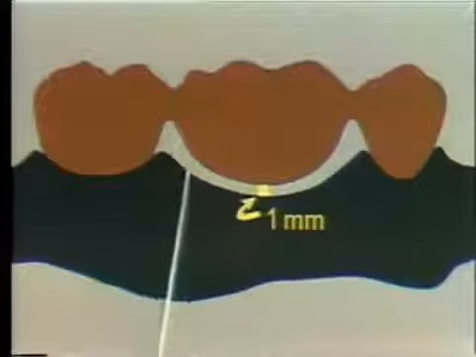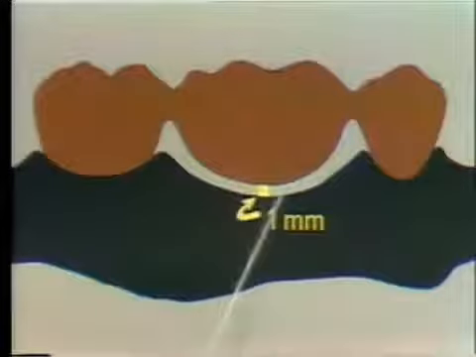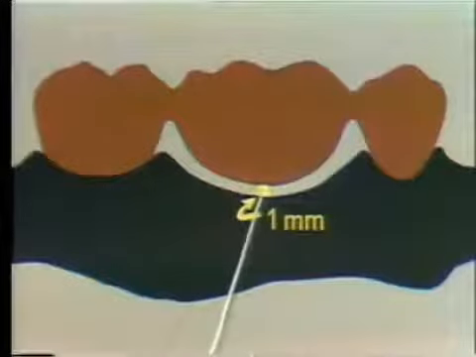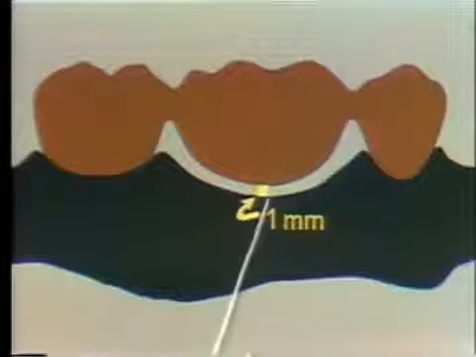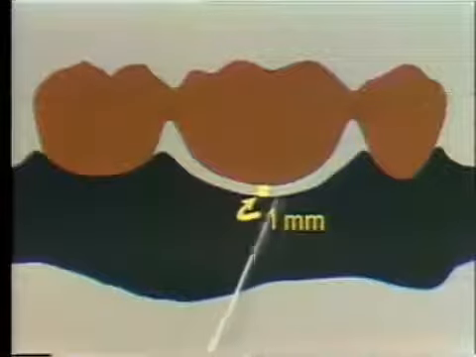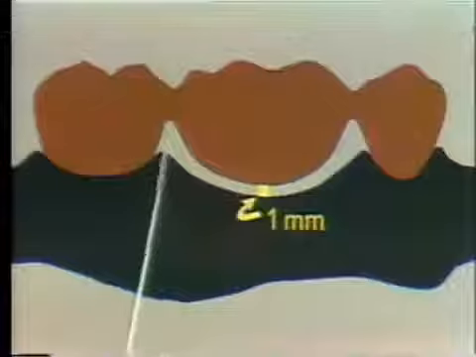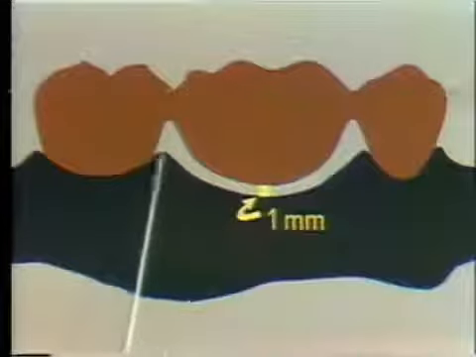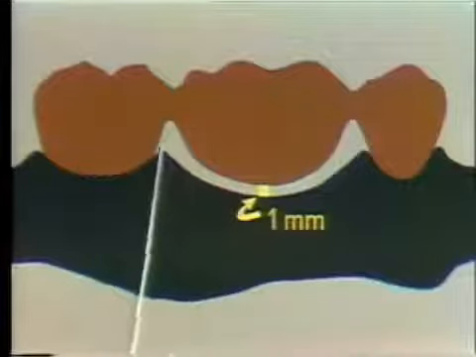The undersurface of the Pontic is contoured so as to follow the contour of the soft tissue in this area, and a space of about 1 millimeter is developed between the Pontic and the alveolar tissue here. This diagram also re-emphasizes the point we made about opening the interproximal embrasure on the distal and on